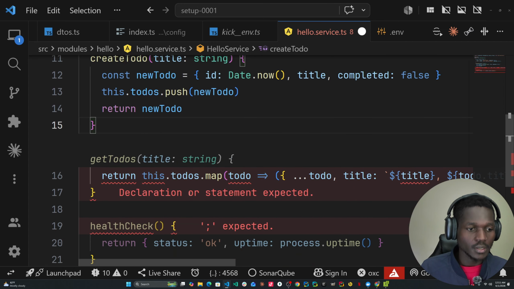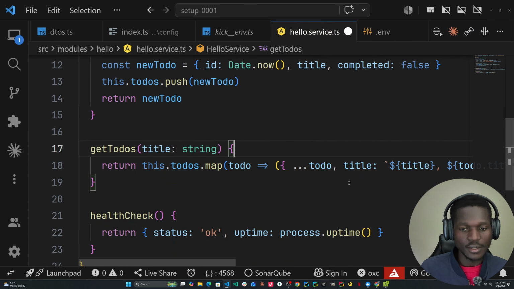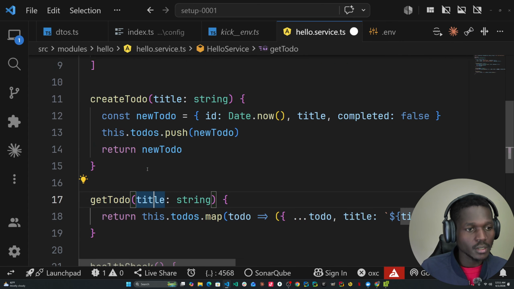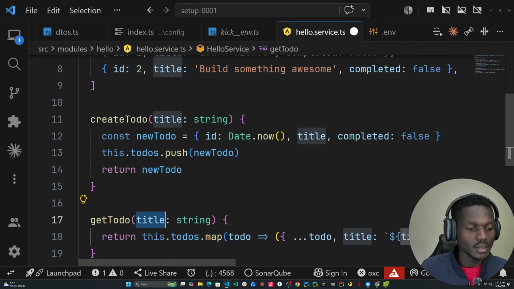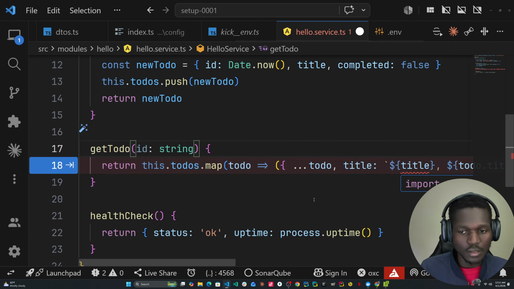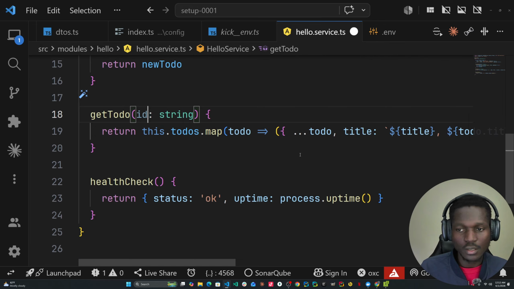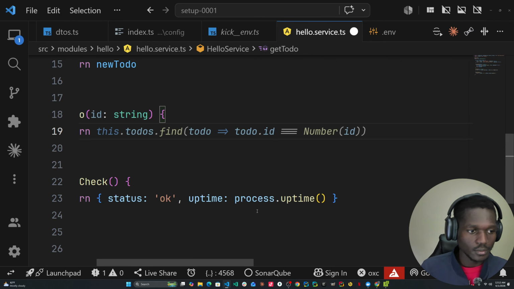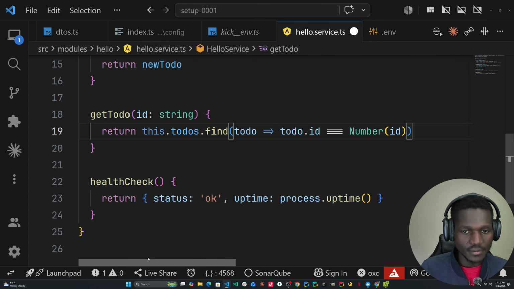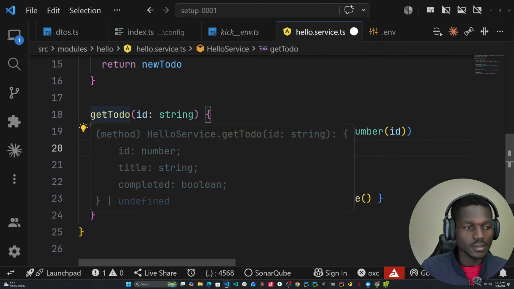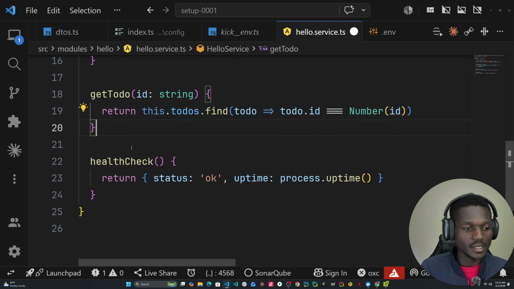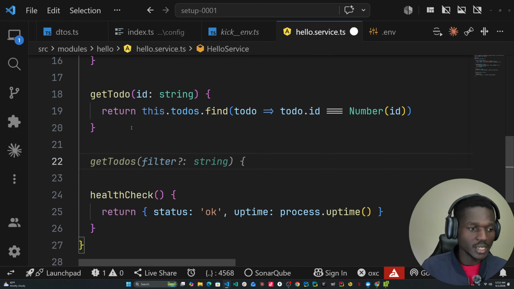Yep, so get to-do by title. So getTodo will be, let's say ID, this will be ID. So just filter, just need to find, use the find method to get something, let's say we need delete,